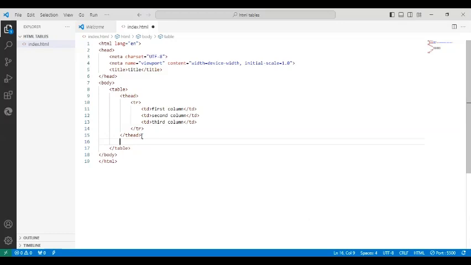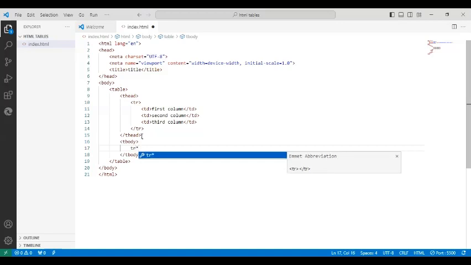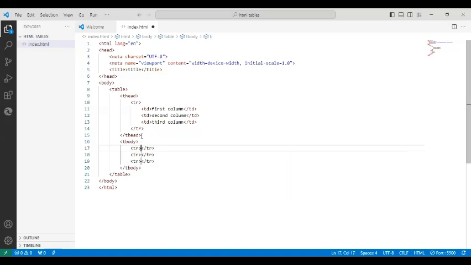T-body means table body. Inside of the t-body tag, like the t-head, we must create a tr for table row. We can create as many as we want,